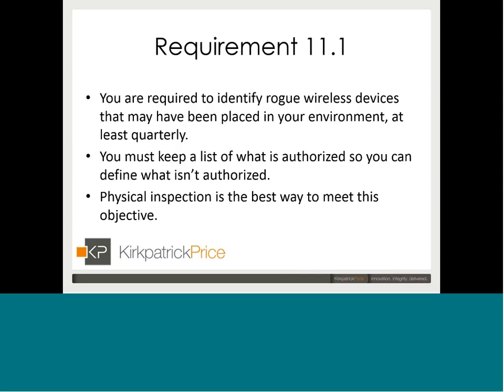Okay, so in terms of the means and method for identifying it, there's a couple of criteria that we have to look at. It's not only that we have to identify the wireless access points that have been plugged into your network, but we also have to identify wireless devices that have been installed into our equipment unauthorized, or those devices such as a USB device that have been plugged in. And if you are looking to manage and maintain this control from just walking around with something like Wireshark, with some type of network sniffing software, NetStumbler, chances are you're only meeting part of this requirement. So one of the